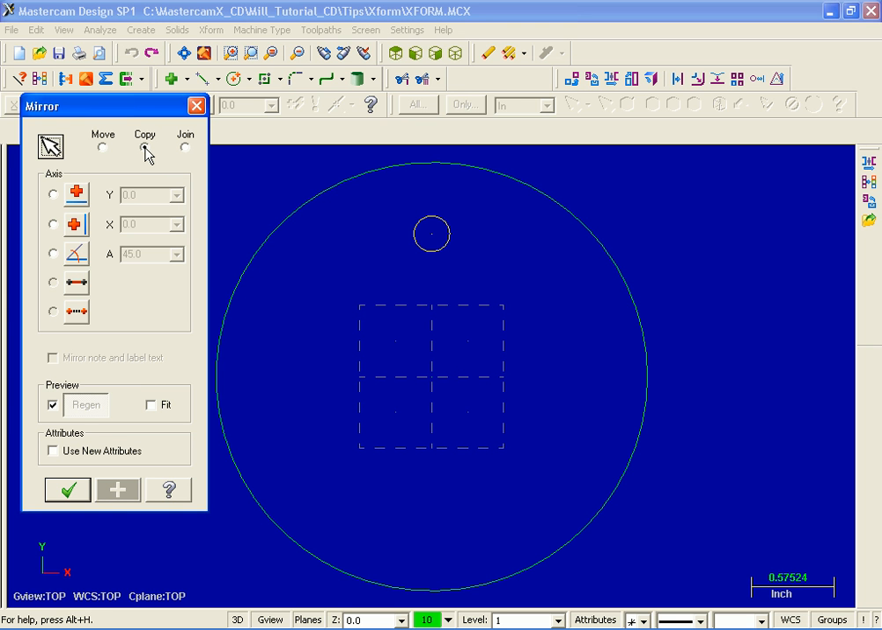Now moving up to the top of the mirror dialog box, the radio button is turned on for copy, so we're going to keep our original geometry, and what I'd like to do is mirror about the x-axis. So I'm going to turn this radio button on. Now just below, some of the other options are to mirror about the y-axis. Down below we can mirror about an angular axis. We can also select a line in the graphics window to mirror about,